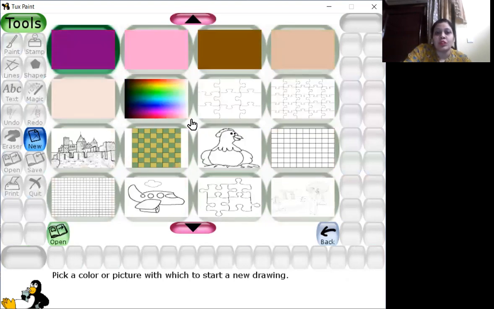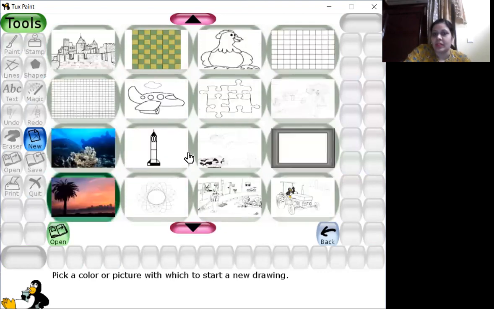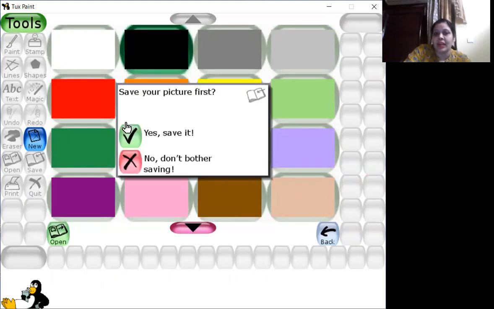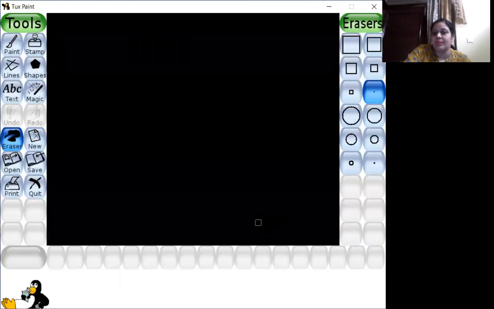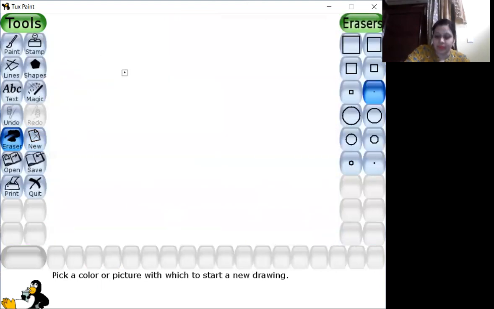Or if you want to color something, there are some pictures also which are already drawn as a template here, and you can use it, you can color it easily, right? So these are available in the new option. So if I want a black color, if we go for black, it will ask you whether to save or not save. So if we say no, bother saving, now you can see black is my background here now. Okay, so I'm going to white again.